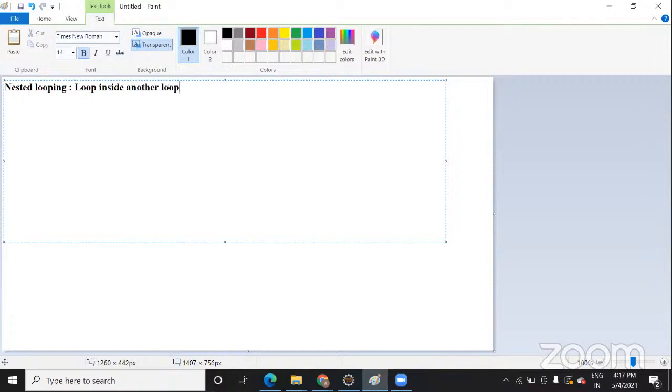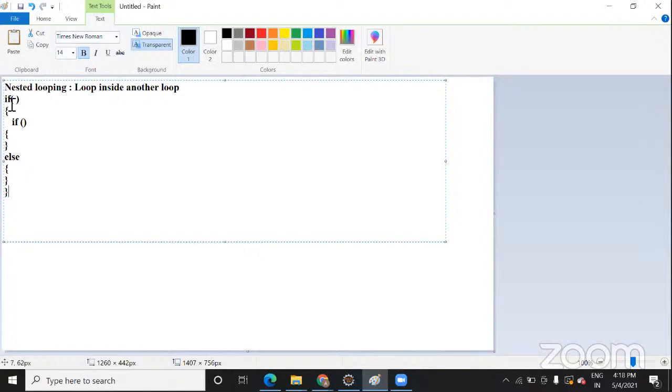For example, the syntax might be like, suppose an if condition, and inside this you are using another if, and something like an else part, or another if. It means there is a condition inside another condition.